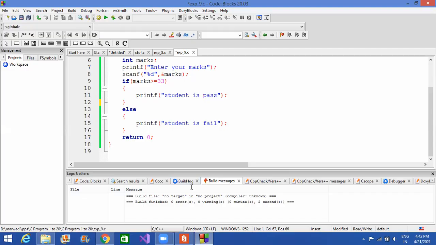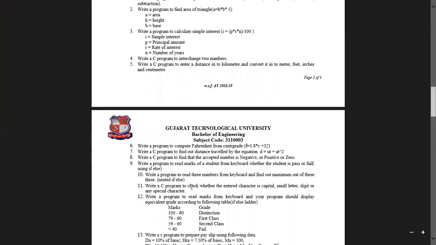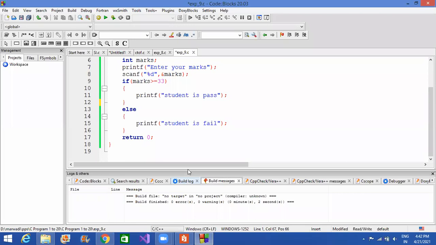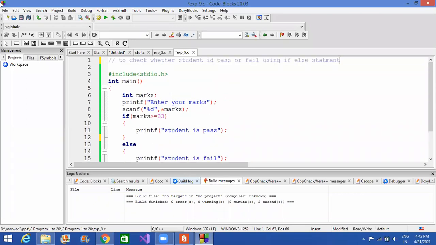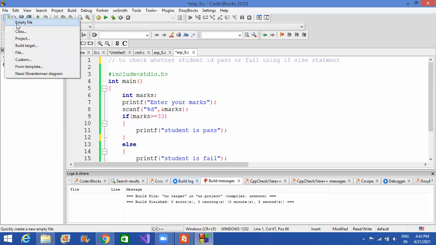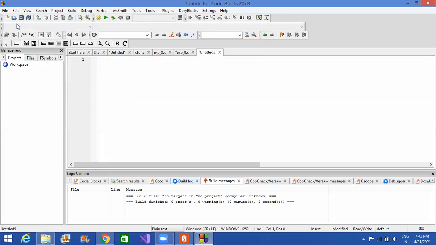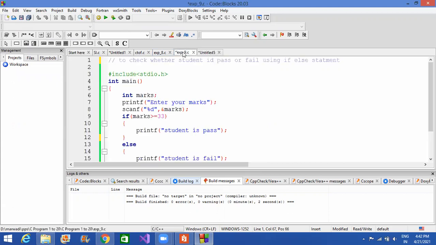Okay, moving towards the next. The next program says to read three numbers from the keyboard and find out the maximum of the three using nested if else. Nested itself says that if something is inside something, that is nested. So we are going to